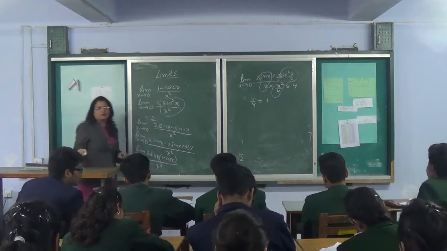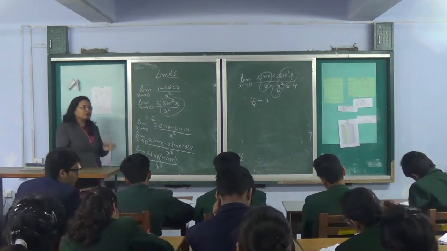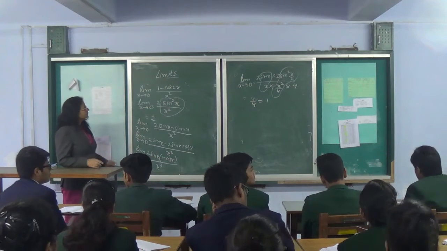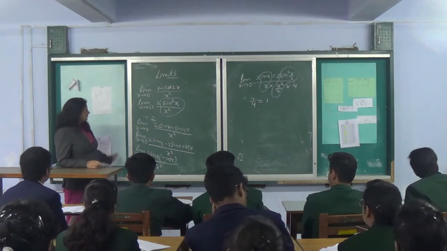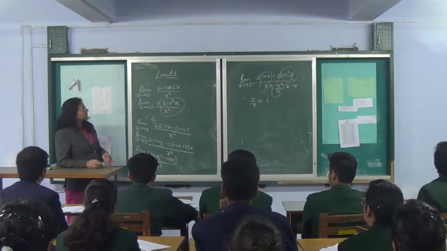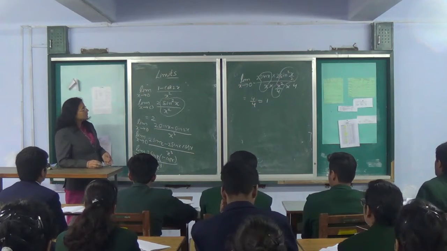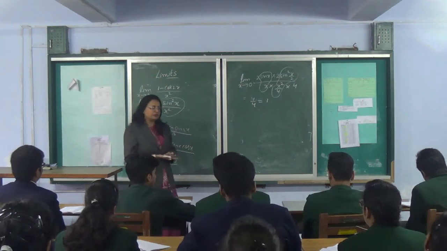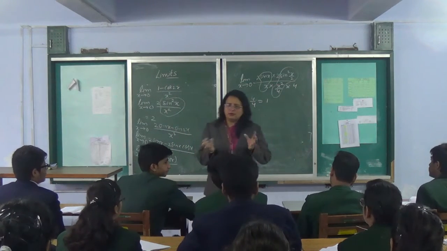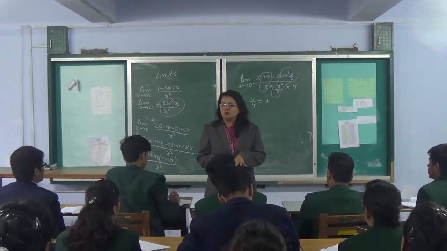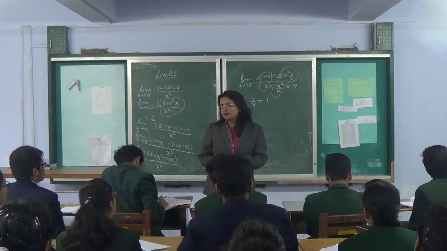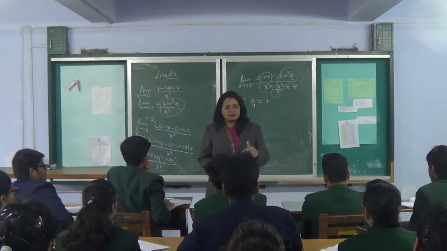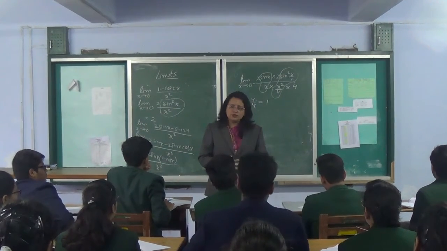This is how we evaluate the case of algebra and trigonometry combined, right? For this, we have discussed all the approaches: factorization, rationalization, using the special form, and the functions which were in the form of a combination of two, trigonometric as well as algebra, right? So be careful. The first step here, put the values, and after that see if it is in indeterminate form, then only we go with the